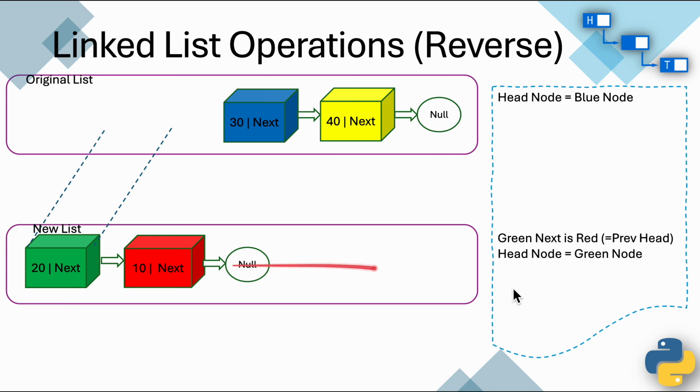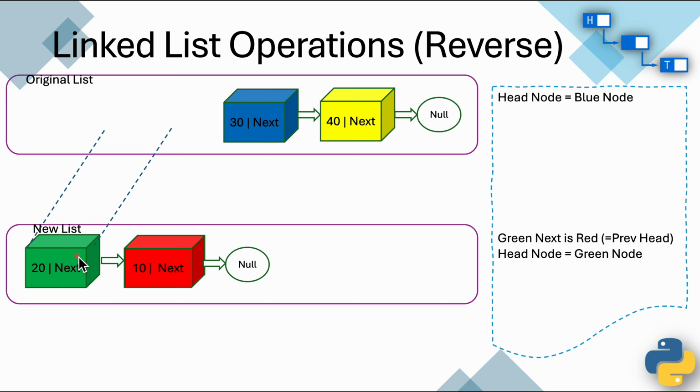But before updating the head node, the green node's next I have to update as red. So the red was the previous head node. Okay, so the green node's next is updated to the red node, and what I need to do is pick the blue node and put it into the new list. So now from the original list we pull the blue node down into the new list. So now the head node is the blue node,